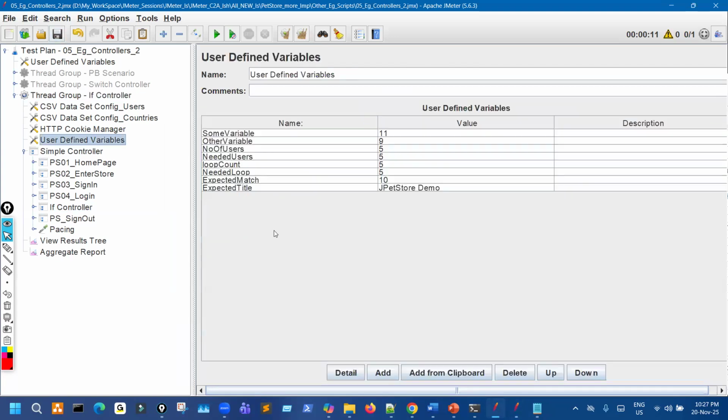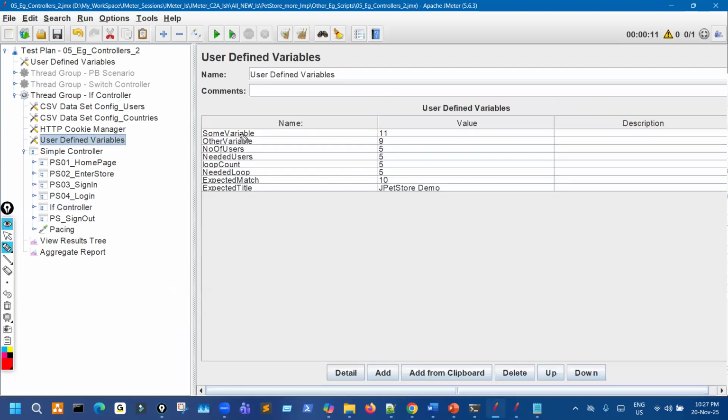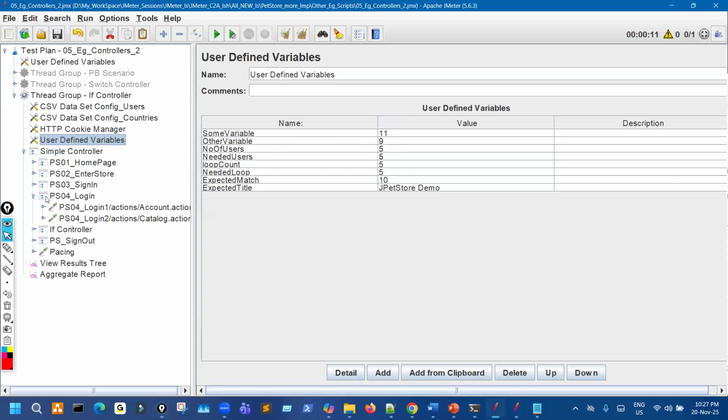So let us say that there is one variable, some variable, and another variable. We have some variable with value 11 and other variable with value 9. So these two are variables, and the values for these variables I'm just keeping hard coded. But let us say you are extracting them from any of these